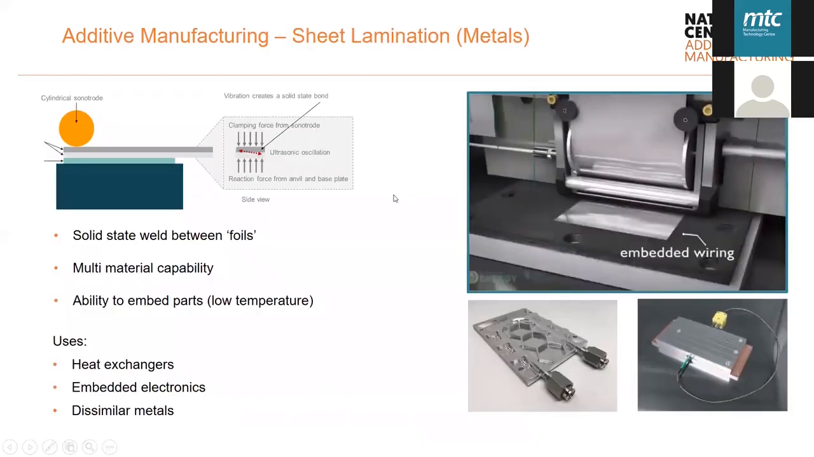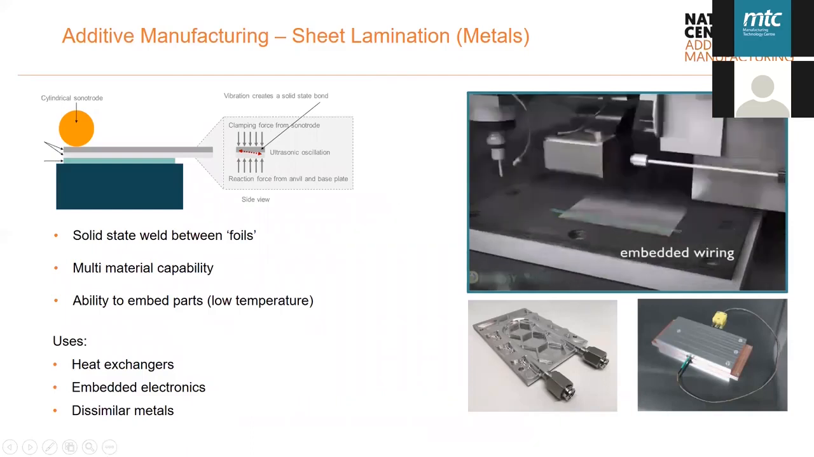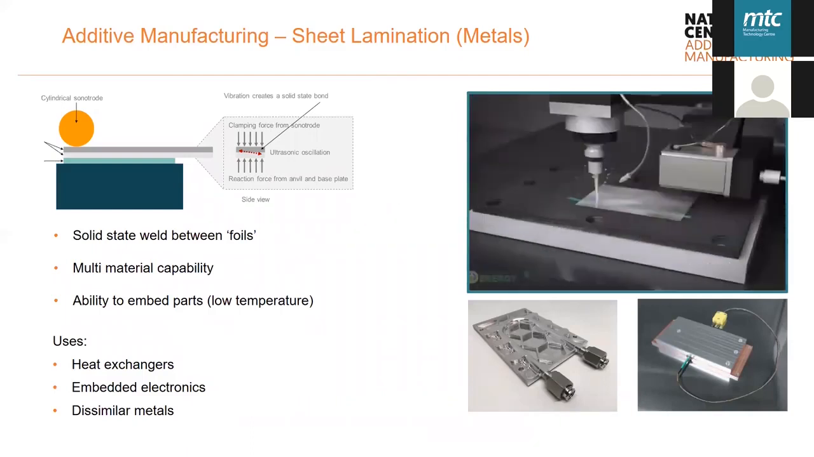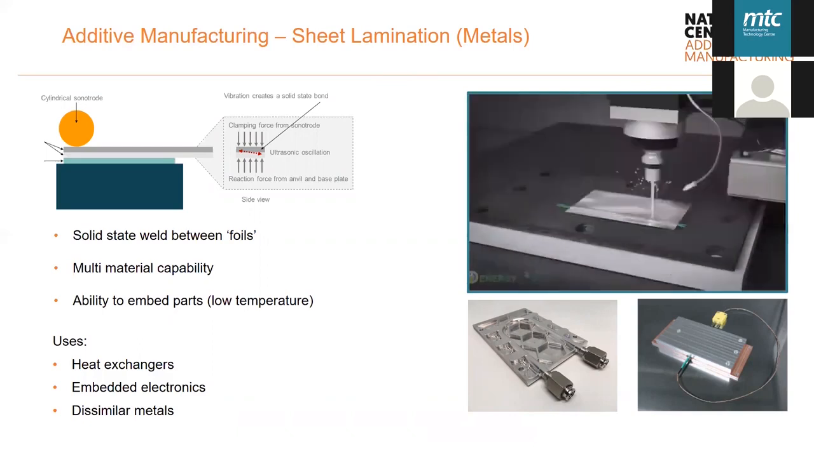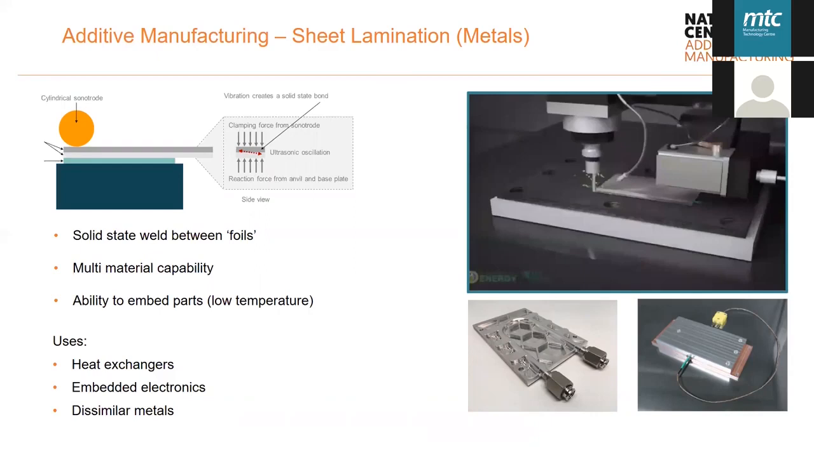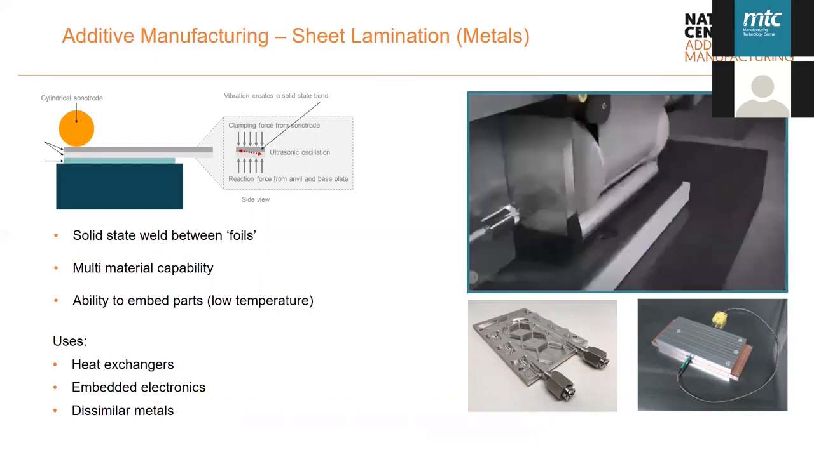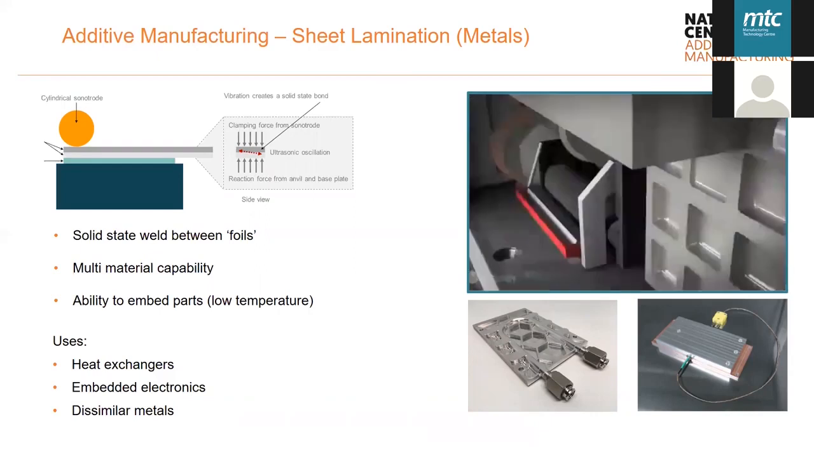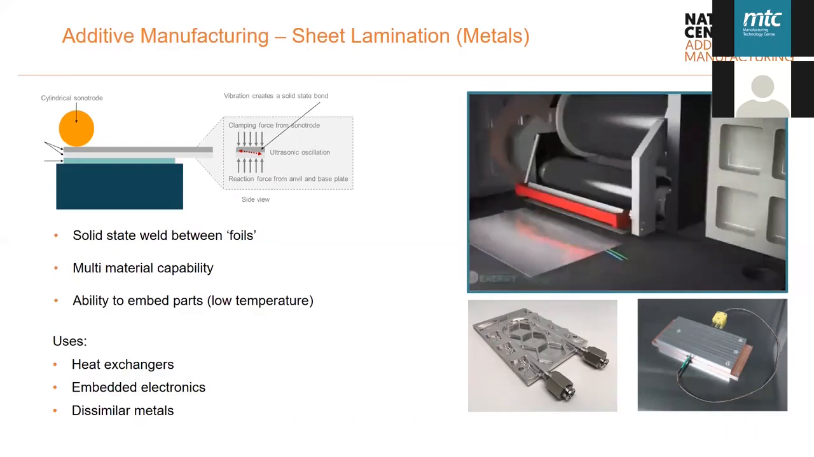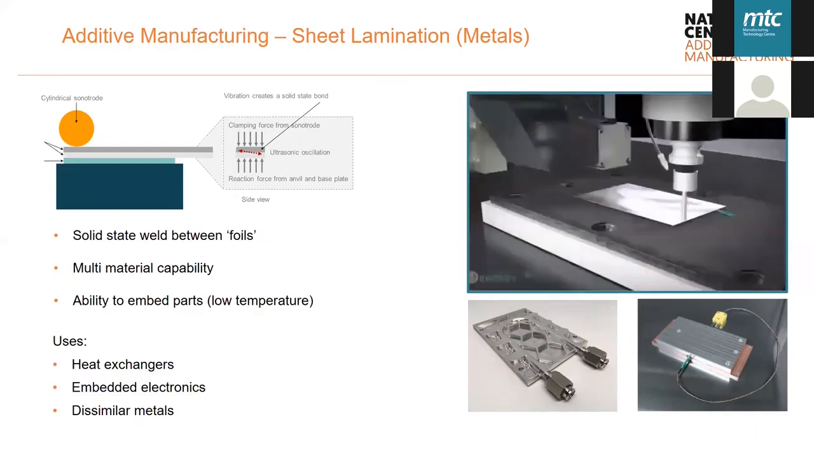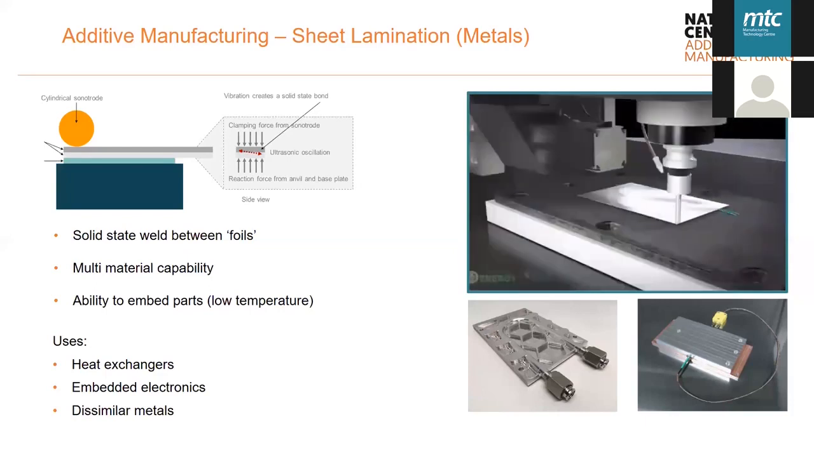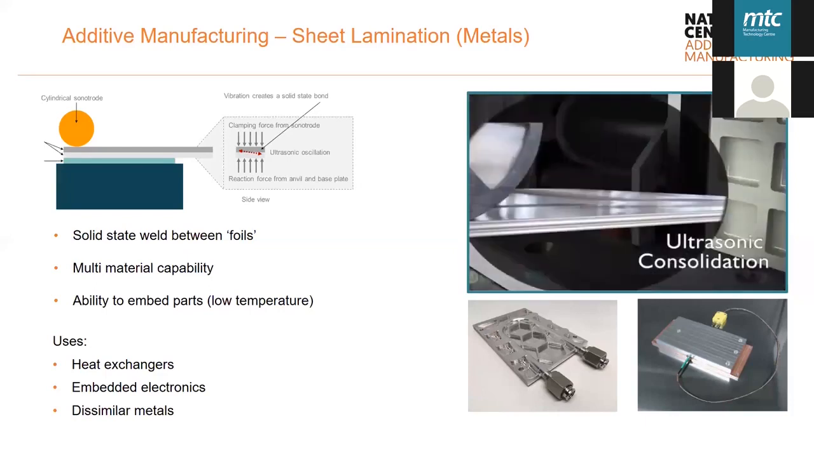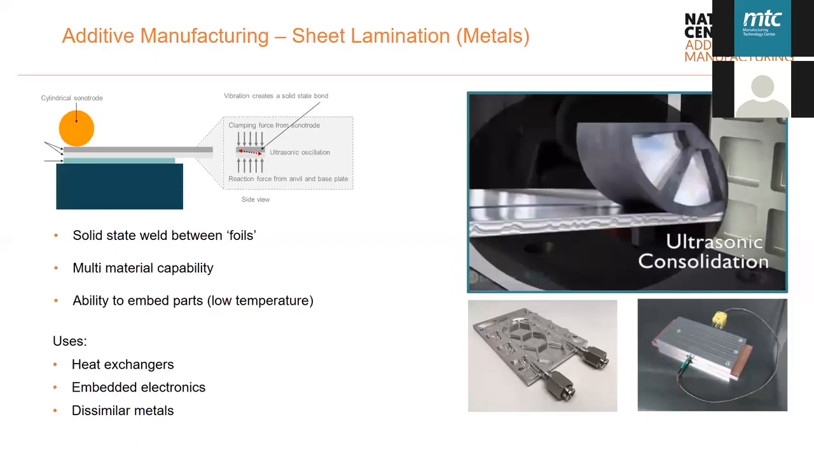So during sheet lamination, you have sheets of material, so sheets of metal. They are machined in this case. Another sheet is then placed on top, and they are ultrasonically welded. The benefit of this process is that you can embed electronics into the different sheets and spaces between those sheets, and that allows you to, of course, manufacture components with embedded sensors, and sort of increases the functionality of your